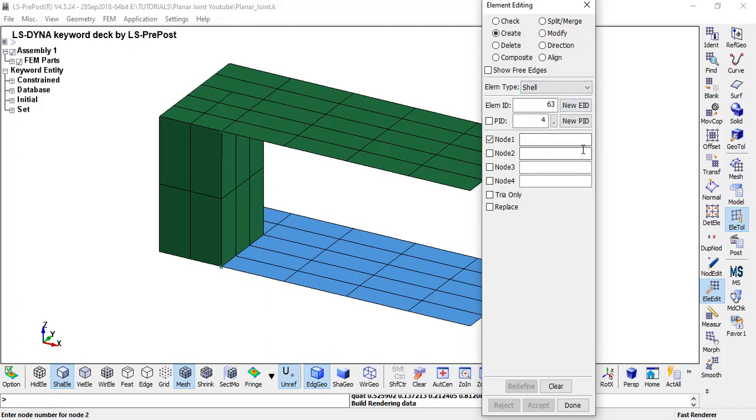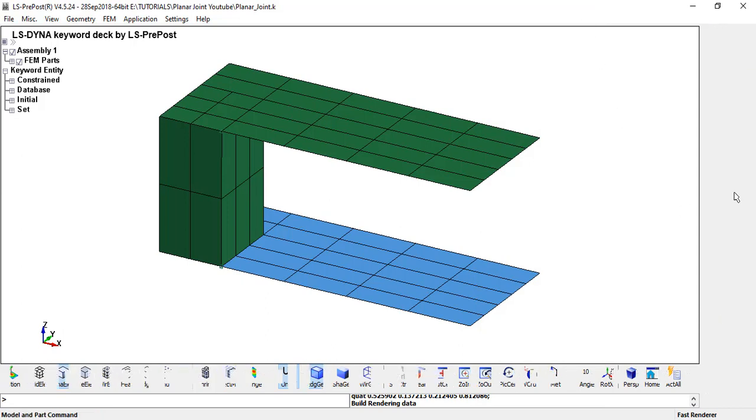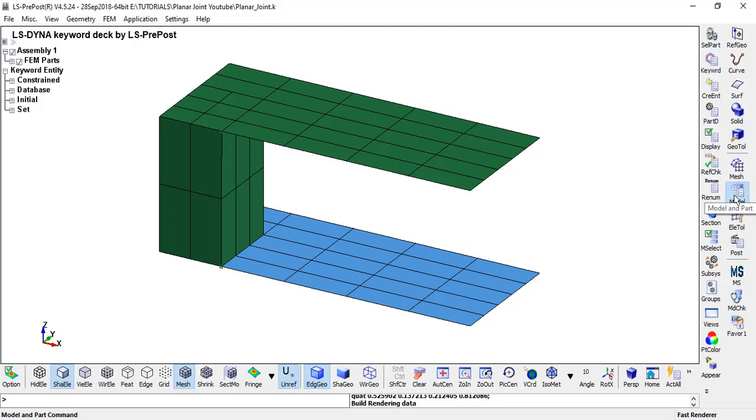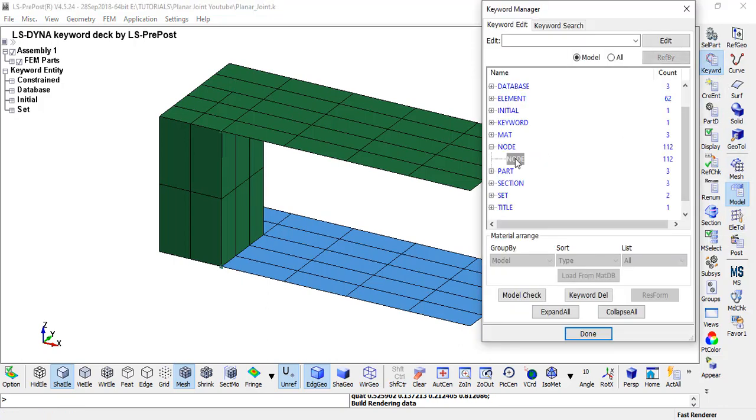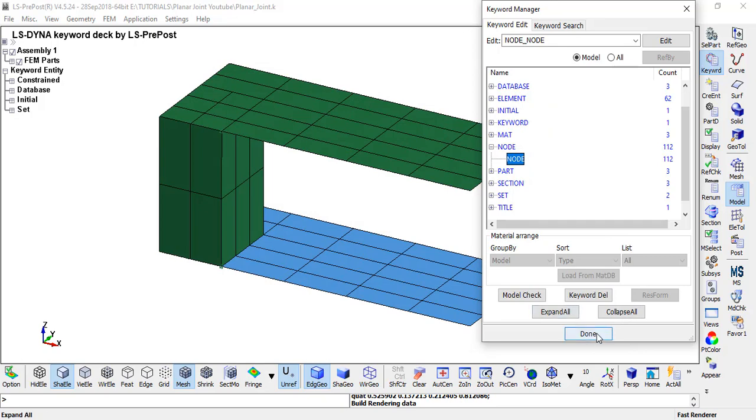Okay, and I find the first way very easy. No need to change the tools from model to element tool, just within the reach. So I have created them,